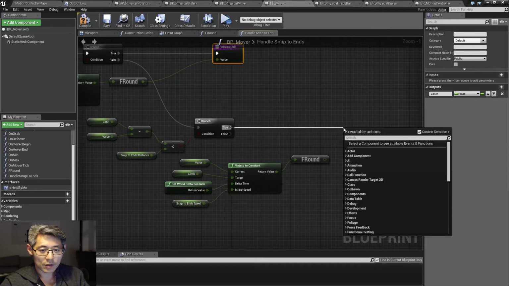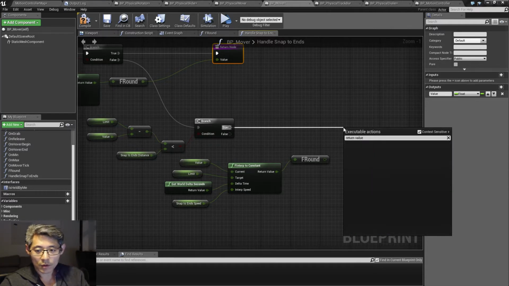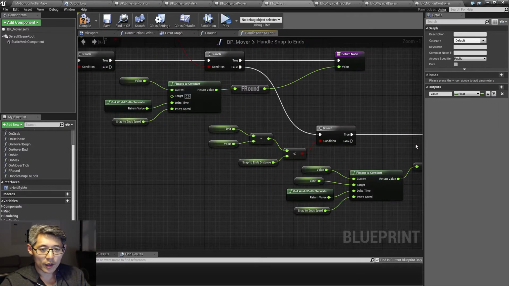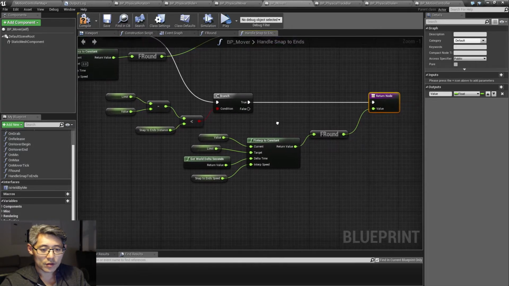And in this case here, return a value. And if this is not true,